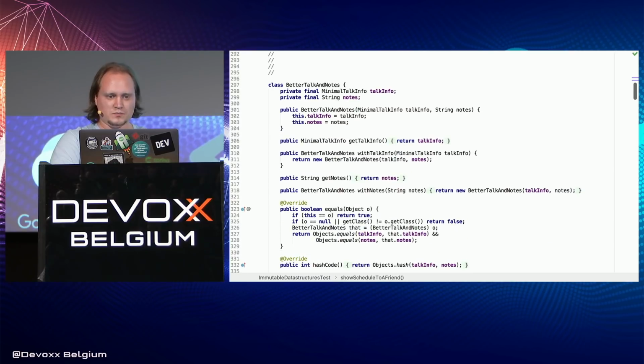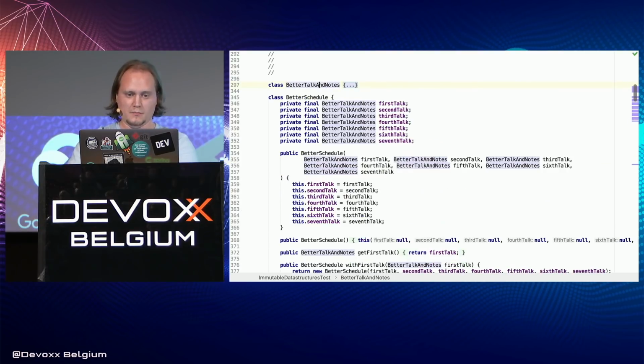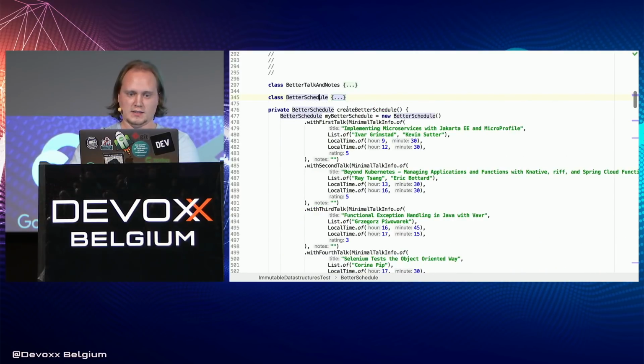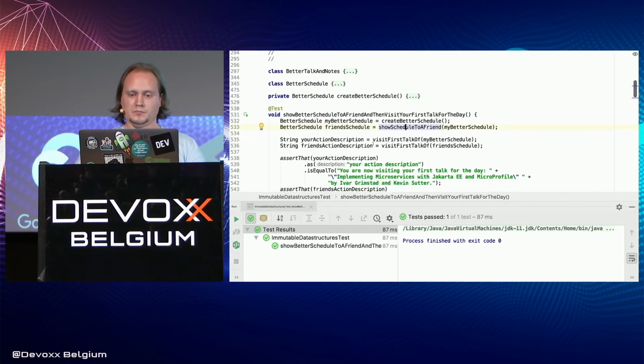So, second attempt, we have a better talks and notes. And the main difference is that here our fields are final. And rather than set methods, we have with methods. And they create new versions of our objects with the value we passed in and the previous value for everything else. And we do the same for the schedule, create a version of that, and we show the schedule to our friend. And this time it works wonderfully because